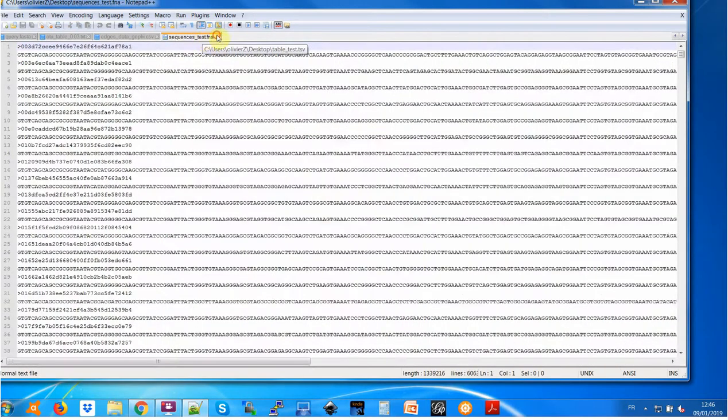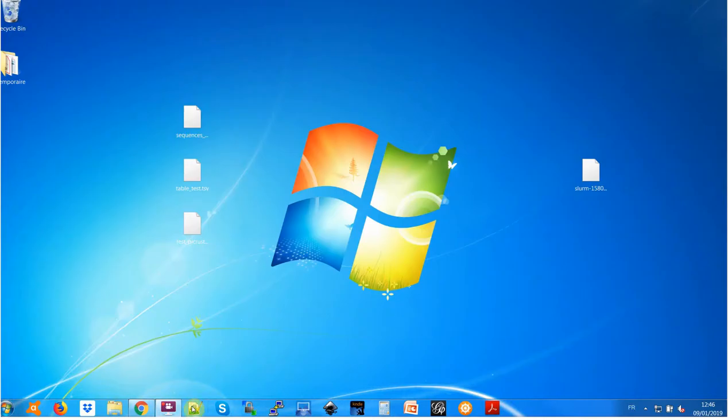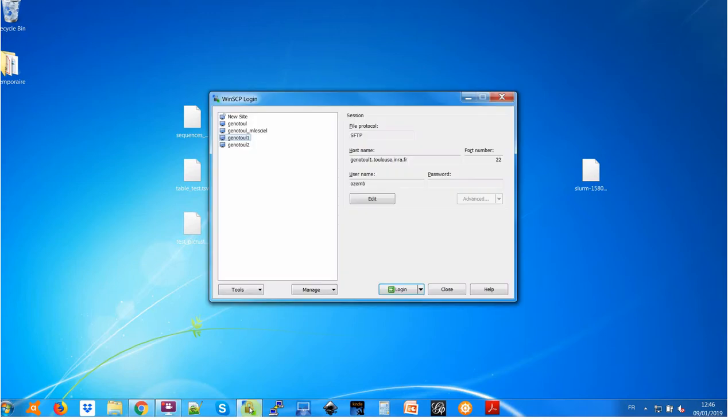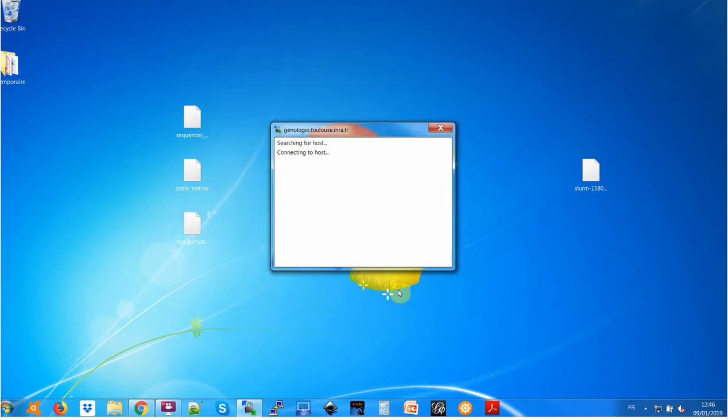Okay. So we will start to do that, and to do that you will need to put your data on the server, and we will do that as described before with WinSCP, which is here. So be careful now, it's not genotool, but it's genologin. genologin.toulouse.inra.fr. Okay, so now I connect myself,